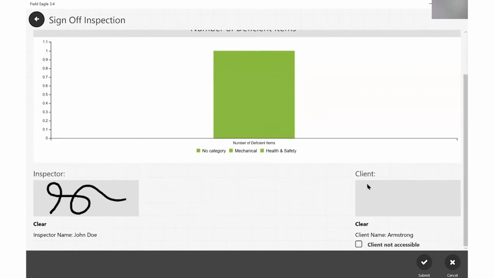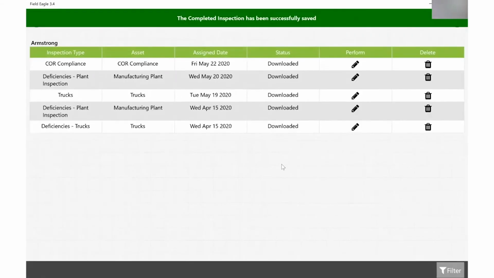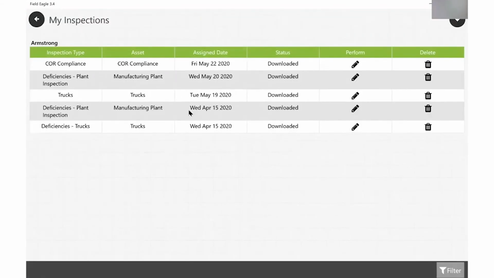Sometimes the inspection requires a second signature. It can be a client or someone else, and we can sign it here as well. Once that's done, we submit. Once we submit that inspection, it removes it from my inspection lists. As I go through and perform all of these inspections and complete them, they will be removed from my inspections